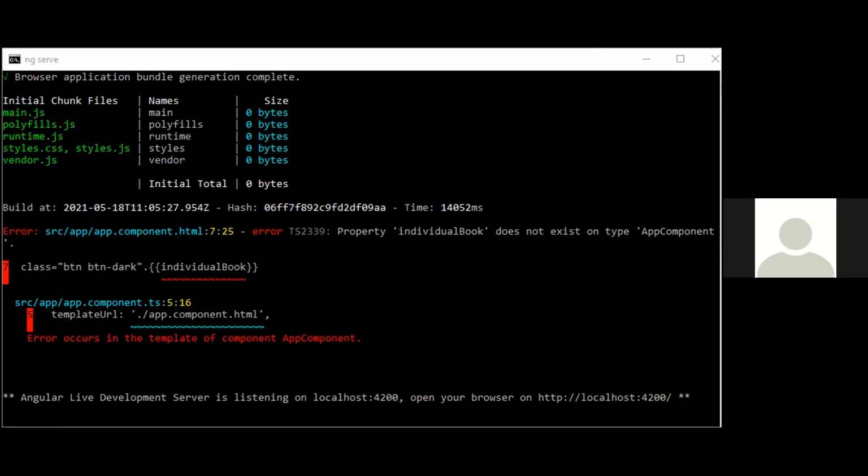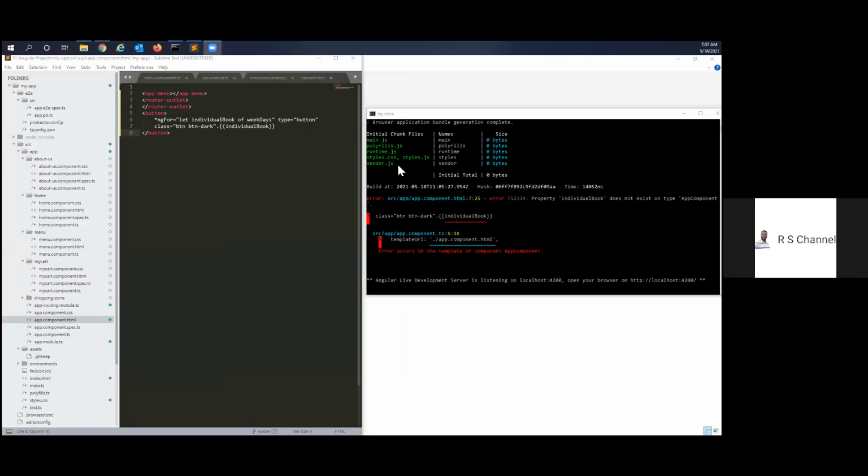Rajesh, you can see Sublime, right? No, I can see only the command prompt. Yes.